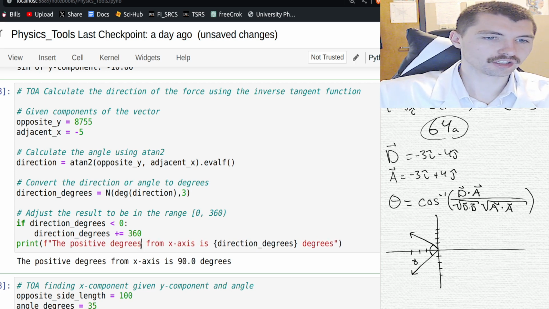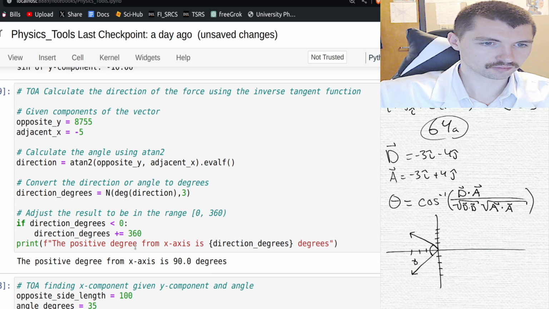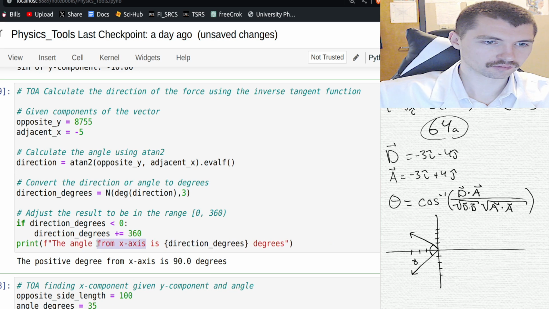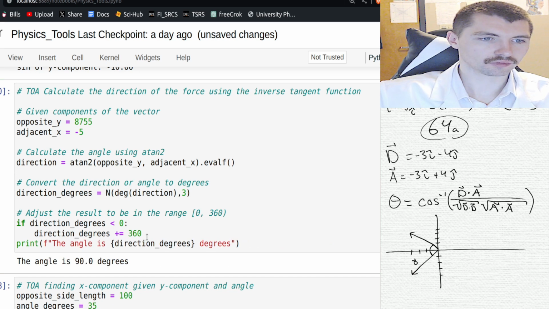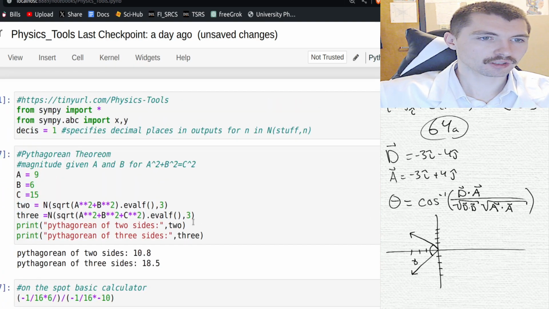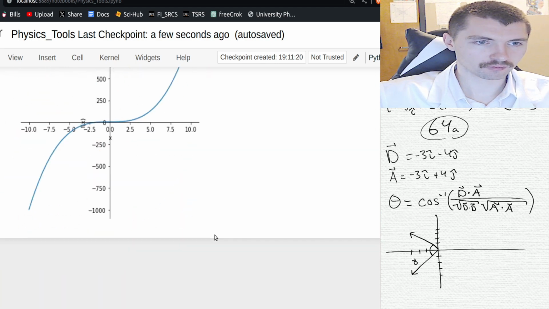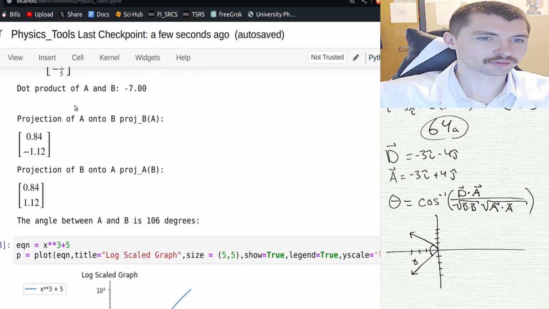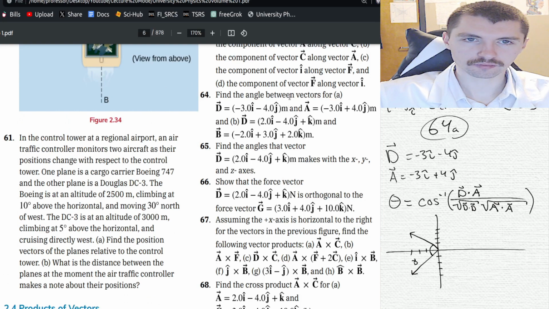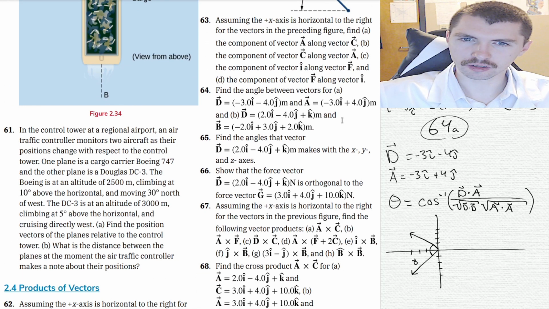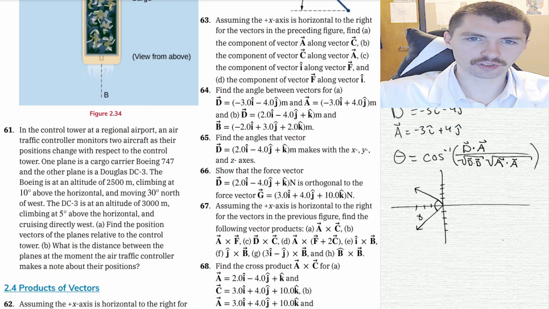The positive degree. The angle is 90 degrees. Okay, awesome. So, okay, 106 degrees. I can live with that. So let's move on. Made some cool progress on our physics tools. So yeah, now we're going to do